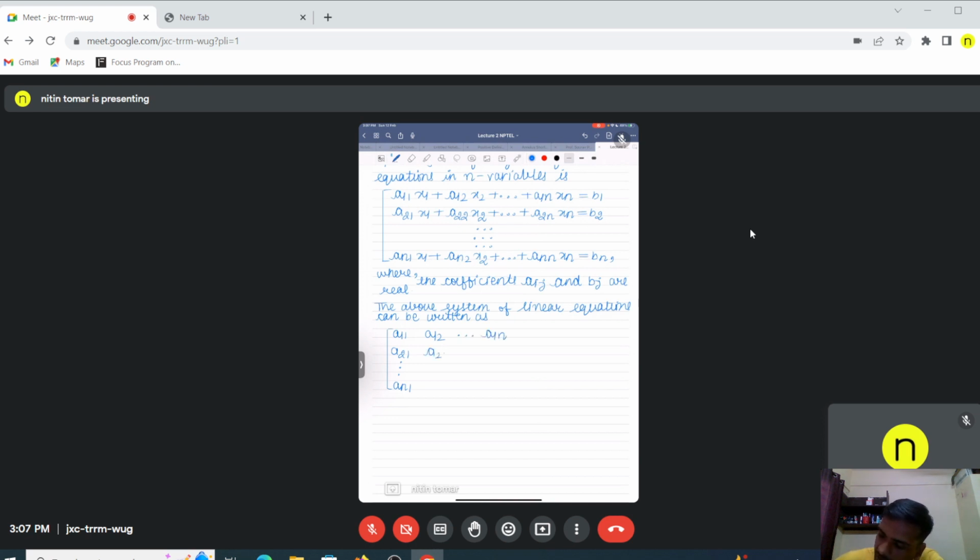So what we are doing is writing the coefficients of the above system, equation by equation, as the rows of this matrix. Okay,